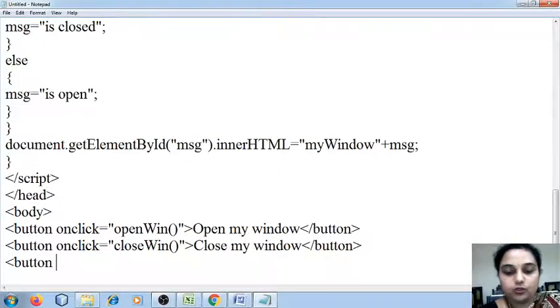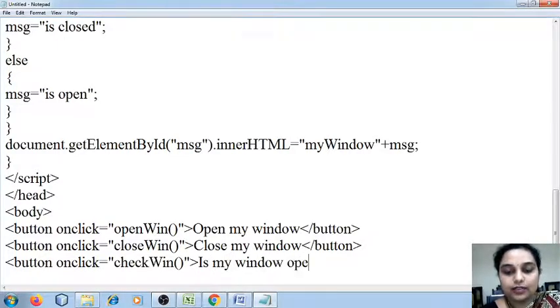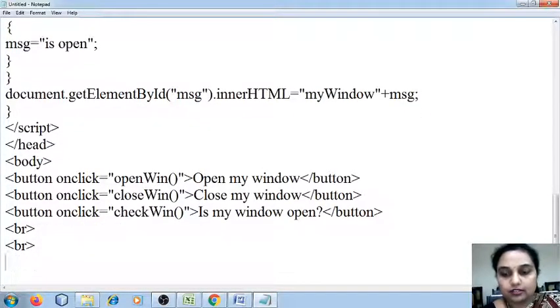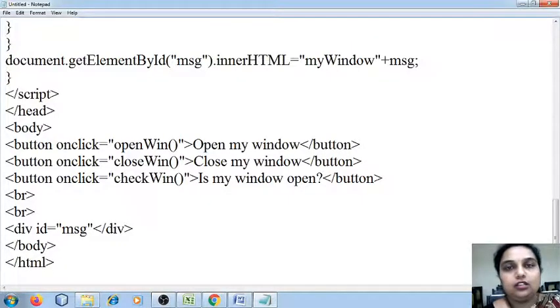Next, to check whether the window is open or not, a button onclick checkWindow, displaying the message is my window open. Then two break tags, a division with ID equal to message, close the division, close the body tag, followed by the HTML tag.